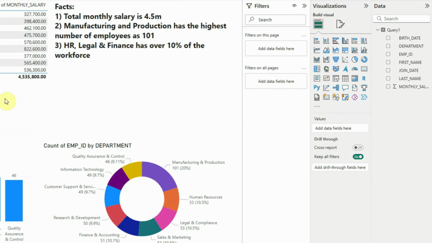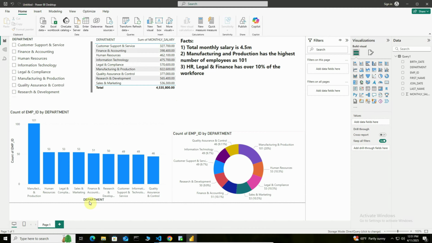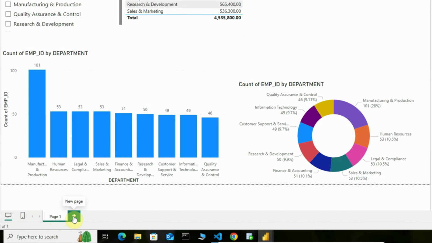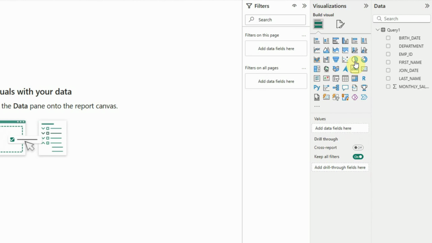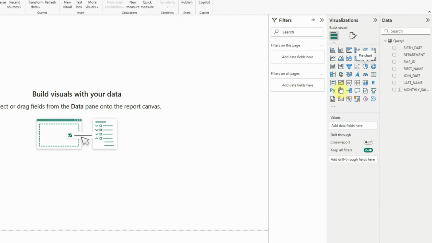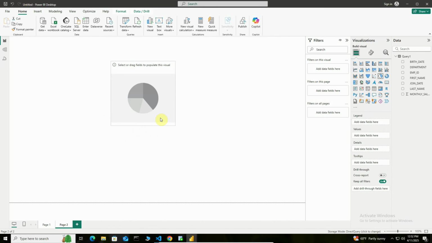And next, we are going to add a new page to our report. To do that, click on this plus button here to add a new page. And this time, we are going to analyze a few more different data, like what is the amount of salary paid against each of the department and their percentages. So this time, we are going to add a pie chart. Let's bring it to the middle,